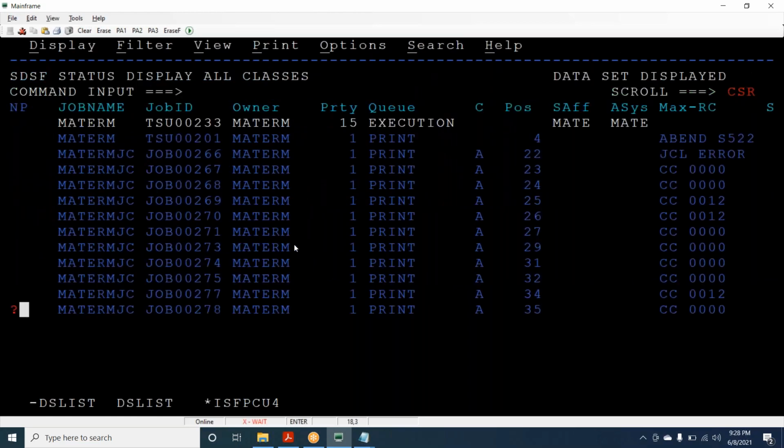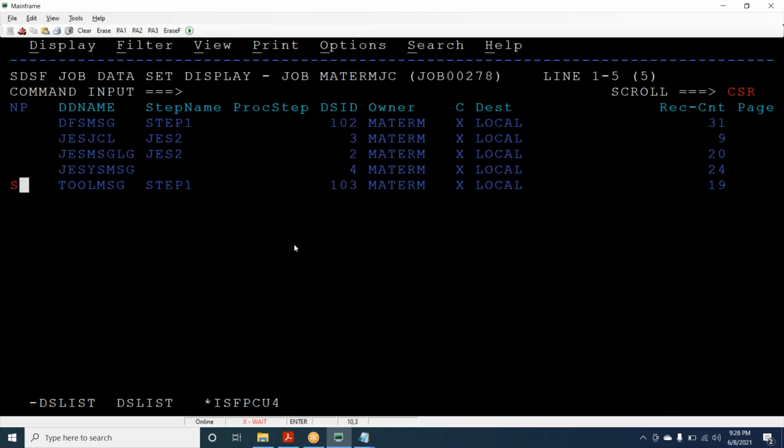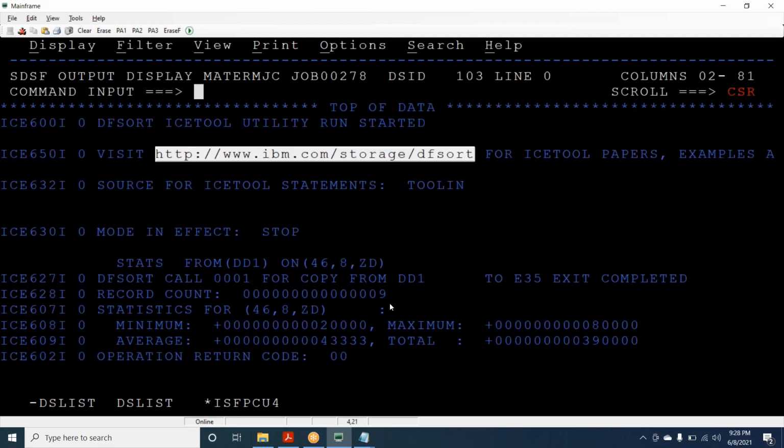So if you want to know the total sum of a particular numeric field, there are 9 records in total, the minimum amount of that column is 20,000, maximum is 80,000, total is 3,90,000, and average balance is 43,333. Only this statistical information you can get. If you want to customize, I don't think you can do it.